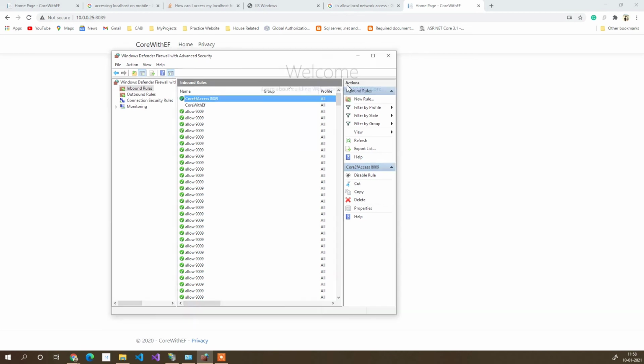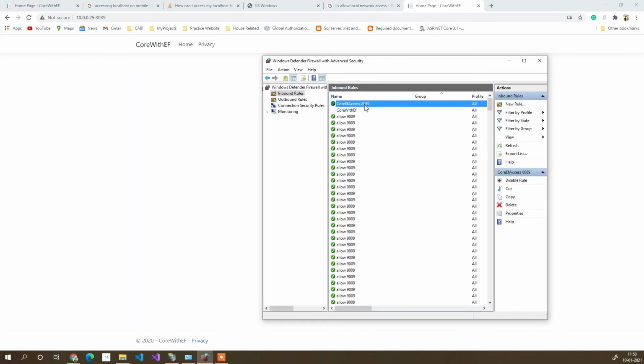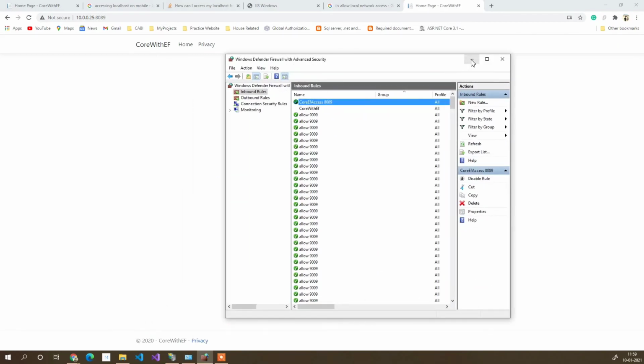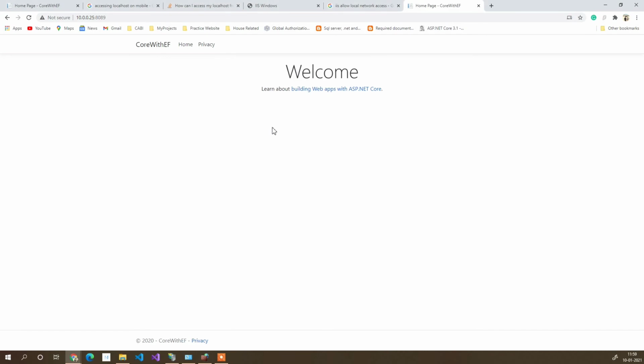I have done this many times, but I always forget that we need to enable something inside the firewall. So do mind that, and I think it's a very straightforward process, whether you are using .NET Core or any ASP.NET, or maybe PHP or similar technologies. One thing you always need to remember is that your website should work locally first, then you try to access it.